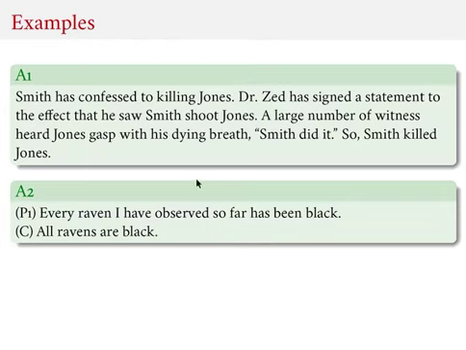There's a whole bunch of observations which confirm a theory, and so we conclude that the theory is right based on those observations or those pieces of evidence. Now, of course, this argument, however, is not deductively valid. So just because every raven you have observed so far has been black, that does not deductively entail that all ravens are black, because there might be ravens that you haven't seen already, which are not black.